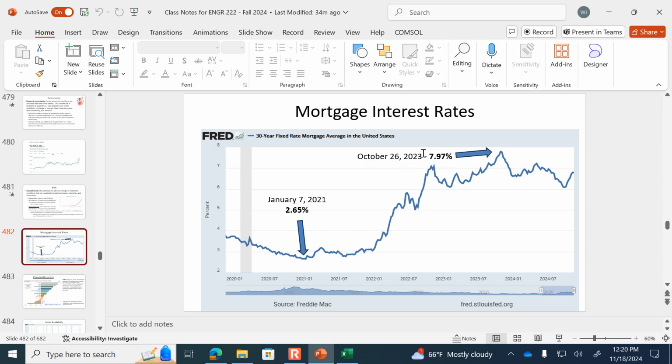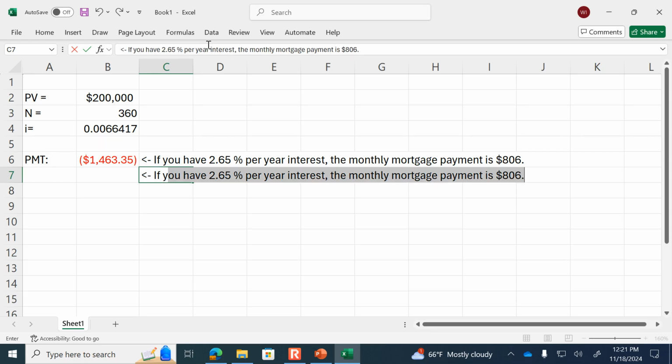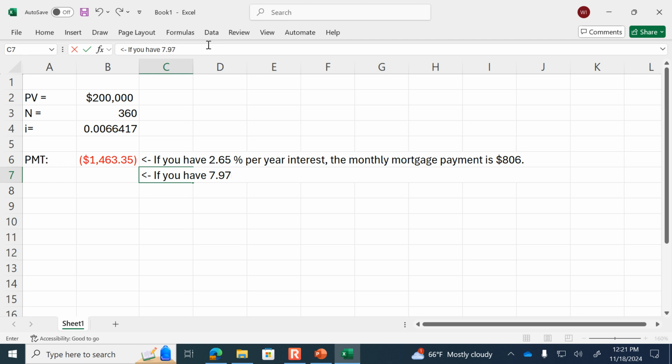What if they got this 7.97%? So 0.0797, again dividing it by 12 because we want to know the interest rate per period. It would take it from 806 to 1463. So it's the same house, it's the same purchase price, but if you have 7.97% per year interest, the monthly mortgage payment is